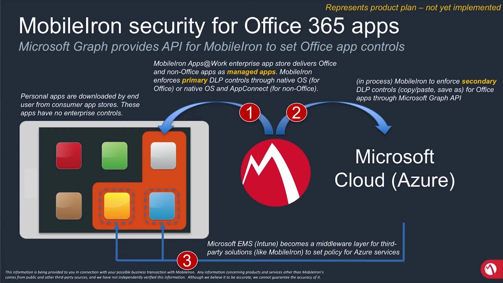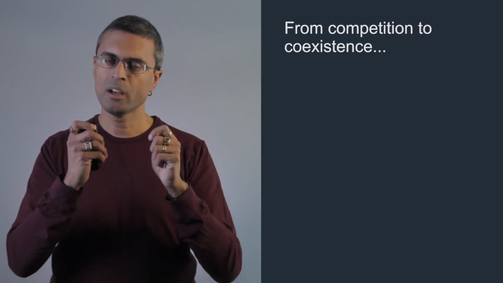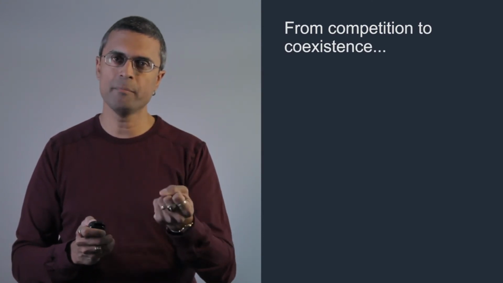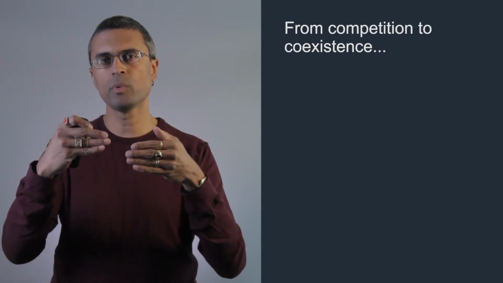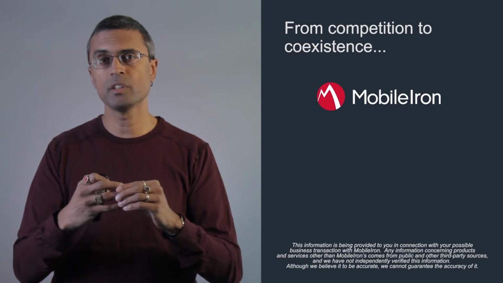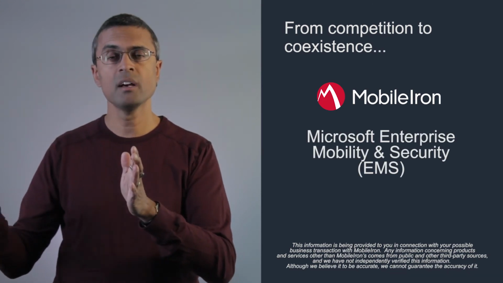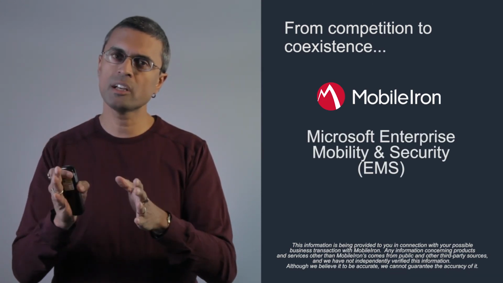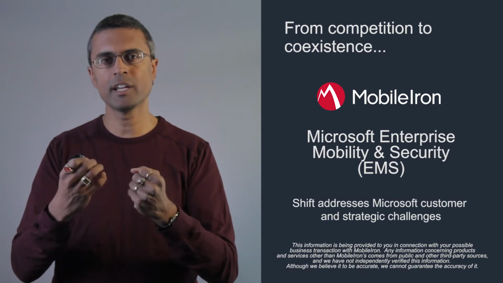So this does mean that you as a customer would require the EMS license, but this makes the entire security model much cleaner than it's been historically because you have those additional capabilities, or will have those additional capabilities, to configure Office applications. Why is this important from a customer's perspective? The reason this is important is that EMM, Enterprise Mobility Management, is really hard. And now we have a coexistence between MobileIron, which we consider to be the best of breed enterprise mobility management product in the industry, and Microsoft's enterprise mobility and security product, which is a layer of products that I described earlier. This shift actually addresses the pressures that customers were putting on Microsoft to be able to actually integrate, to be able to be open to the